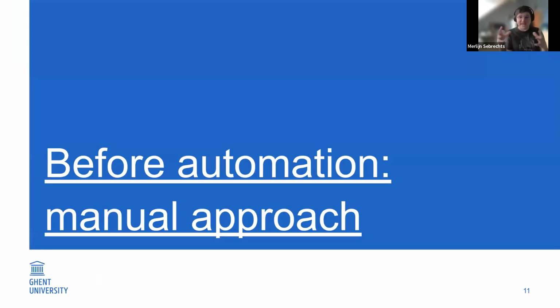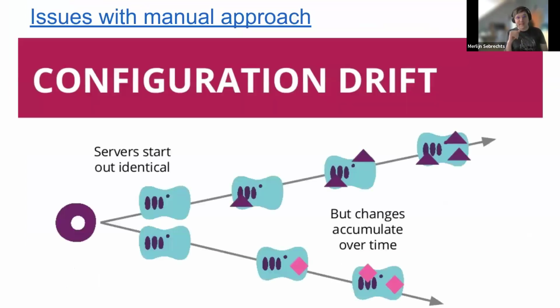So before we had automation, let's take a short look at the manual approach of system administration and what were some of the issues with doing manual system administration, specifically in the cloud. So one of the issues with the manual approach is configuration drift. Configuration drift is the concept that when you have a bunch of virtual machines in the cloud that basically have